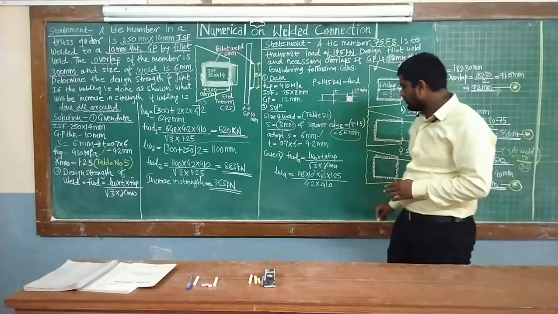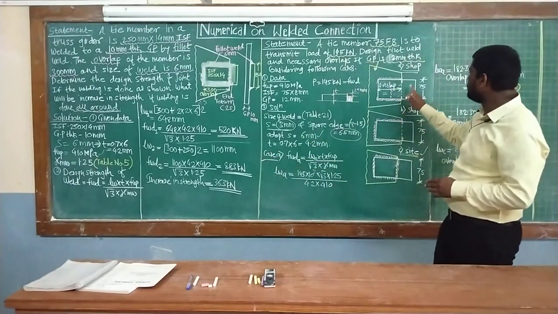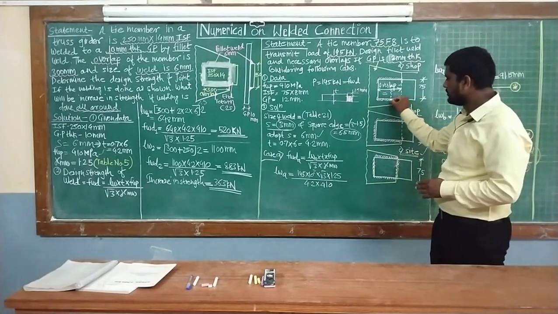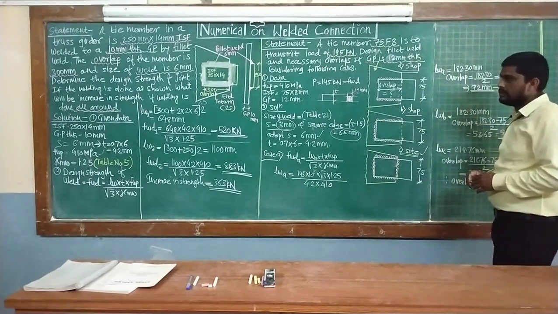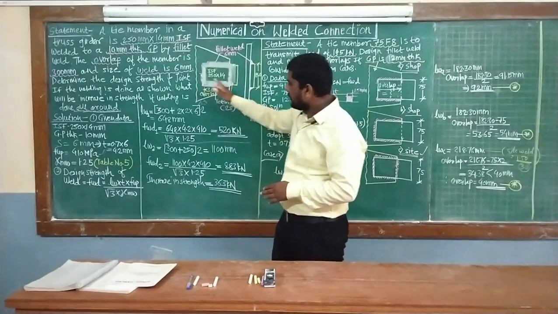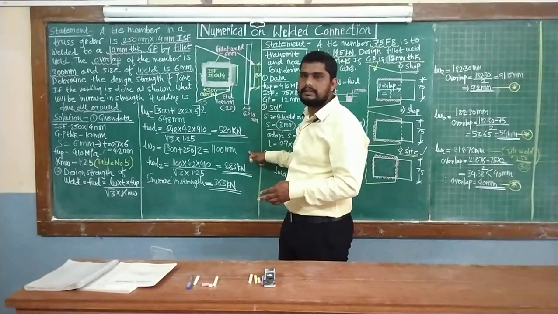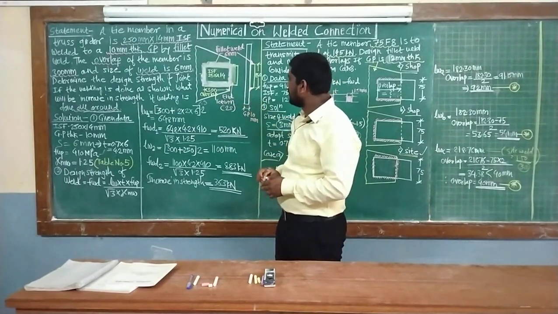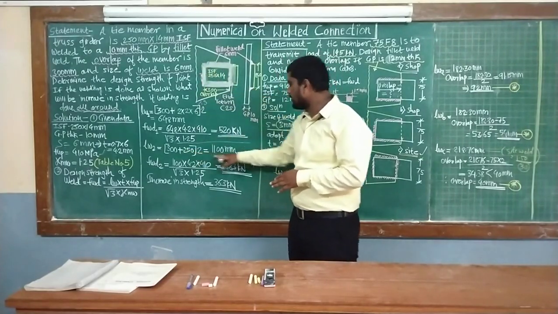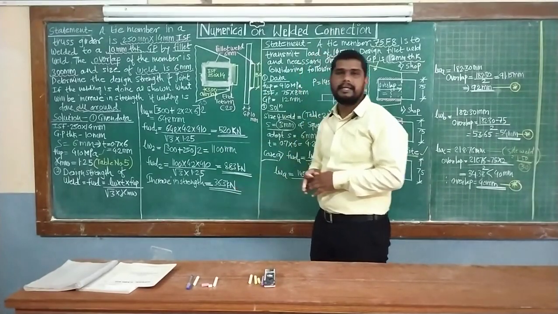Then the first case. Here we have mentioned the small a. That is the first case. So what is the first case? We are going to find out the overlap, meaning the length of the weld. In the previous numerical, whatever the length of the weld, we calculated it from the given load. Here the force or load is already given. From that we found the length of the weld, and from that we checked how much increase in strength may take place.